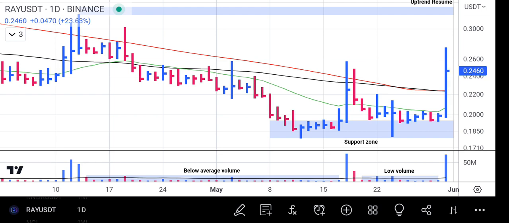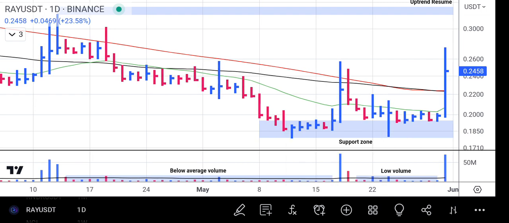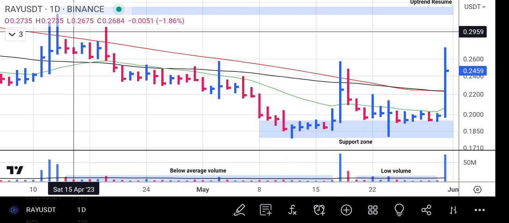Today I'll be doing analysis on Radium. Radium has been showing a sign of bottom for several sessions, and this is an opportunity to join this movement before it's too late. When you look at the chart from the left side, you will see that Radium has